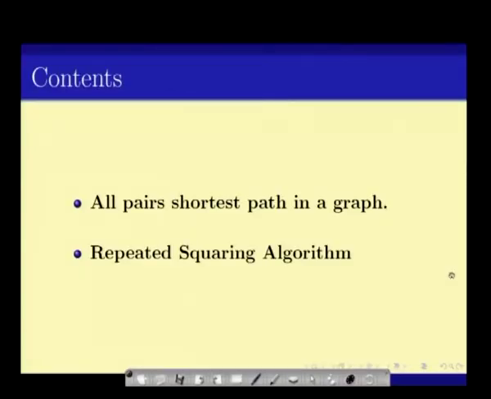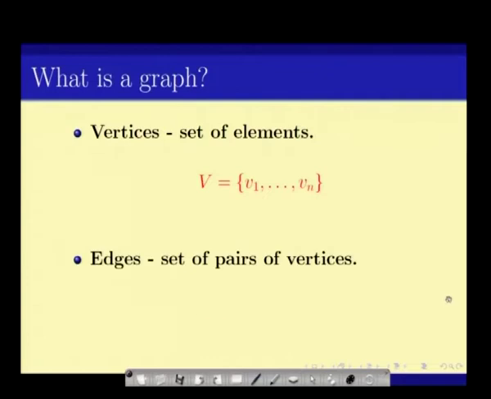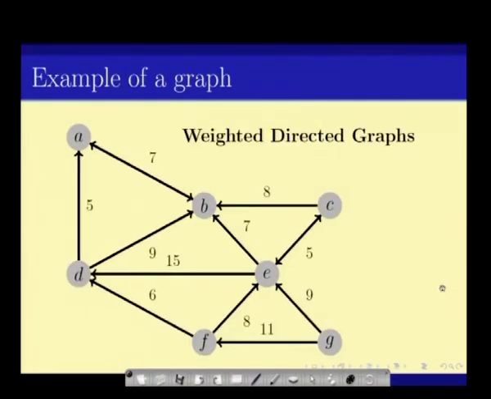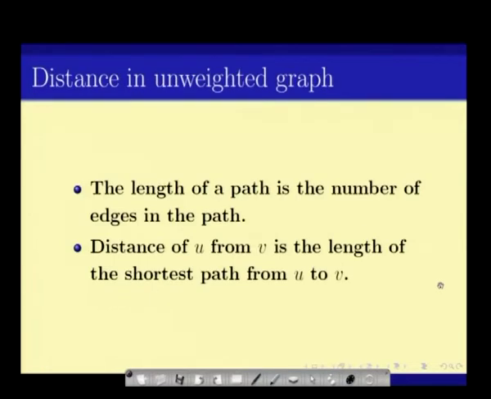Welcome to the UGC lecture series in computer science, and the topic is algorithms. So, today we will be looking at all pair shortest path, and we will be studying a particular algorithm known as the repeated squaring algorithm. So, just to recap, we have a graph G which has n vertices and m edges. For example, here is a graph which has a certain number of edge weights, and the graph can be directed and there can be weights assigned to these edges, and we are interested in looking at the distance between two